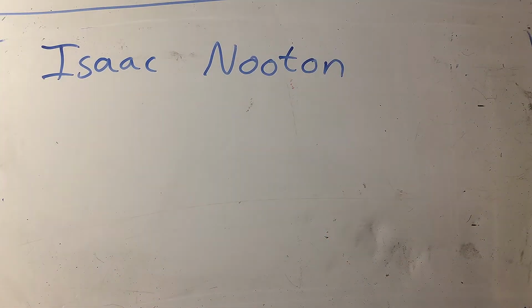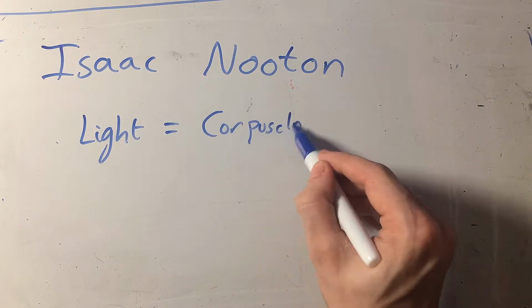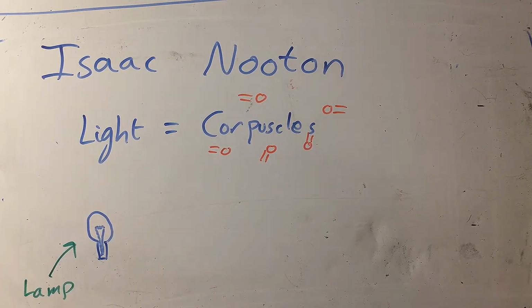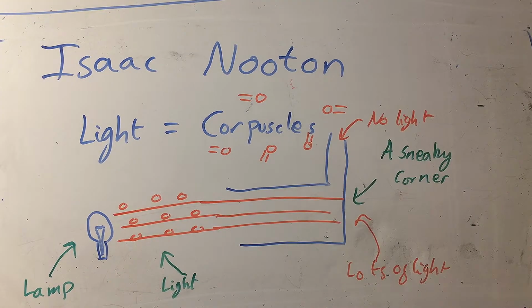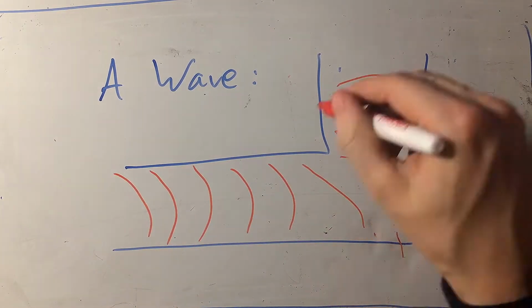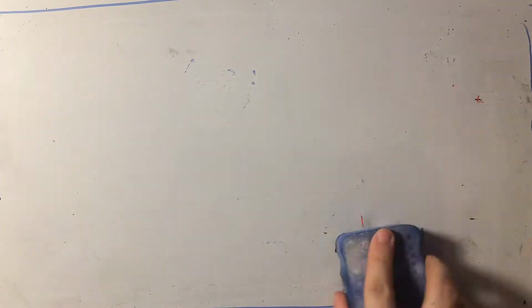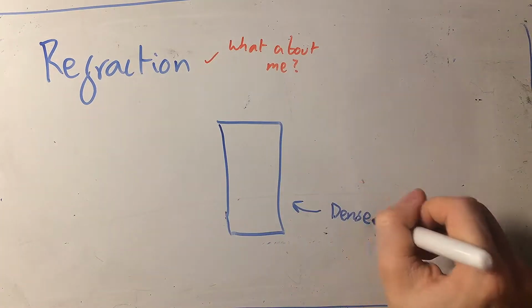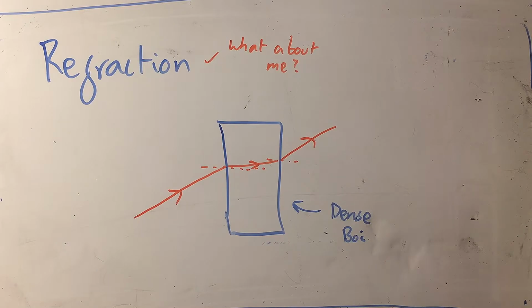This story starts properly, as with most stories in physics, with Isaac Newton. Newton proposed that light was made up of particles called corpuscles. His reason for preferring a particle model to a wave model was the fact that light was largely observed to only travel in straight lines. Waves, on the other hand, do all sorts of funky things, like diffracting around corners and bending around obstacles. Newton's theory did not account very naturally for effects like refraction, and the fact that light does actually diffract in certain situations. Nevertheless, despite the shortcomings of the particle theory, Newton's sheer fame and influence kept the theory going well past its prime.